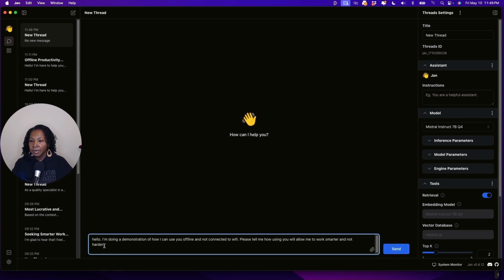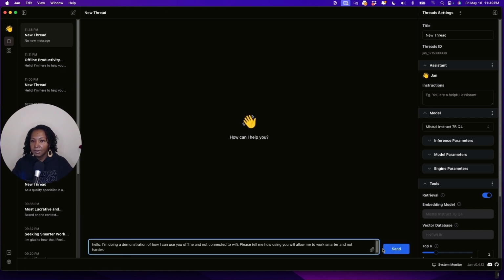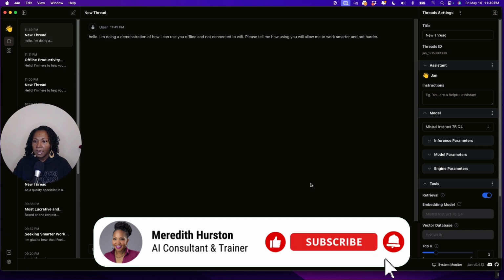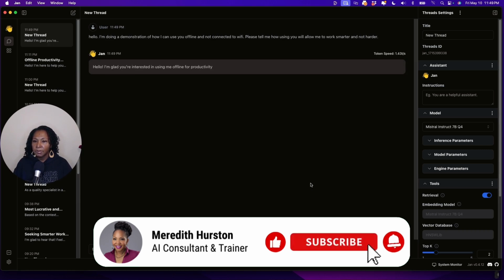And I'm just going to paste that prompt and let's see what it says. And you can kind of see about how long it takes to generate a response. It's not as fast as ChatGPT, but it doesn't take that long. And also bear in mind that I am using my computer to record, so it's tying up some of the